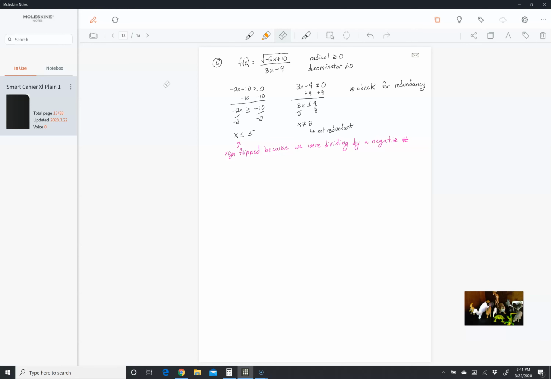Okay, so what this means is in interval notation, and again, this is why we prefer standard notation for this. We're saying that we're going from negative infinity to 3. And then we're skipping over 3. And we're going to 5. And we have a bracket here